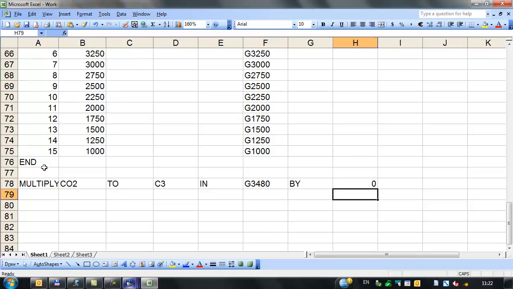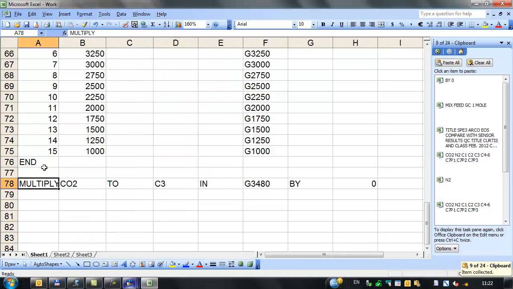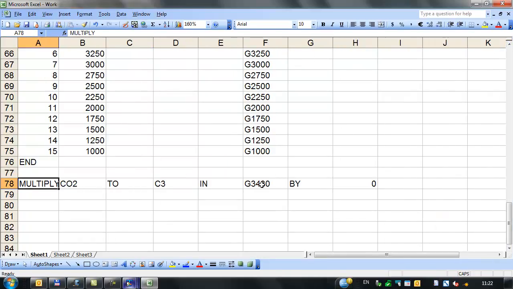That gets rid of all of those components. So now this tank, G3480, has gotten rid of all of these light components. But we also have to get rid of this